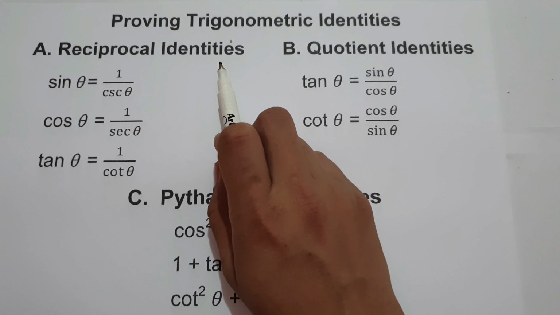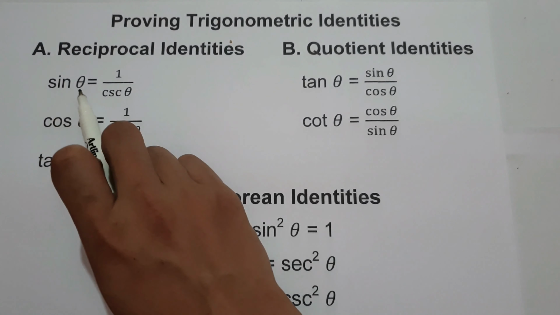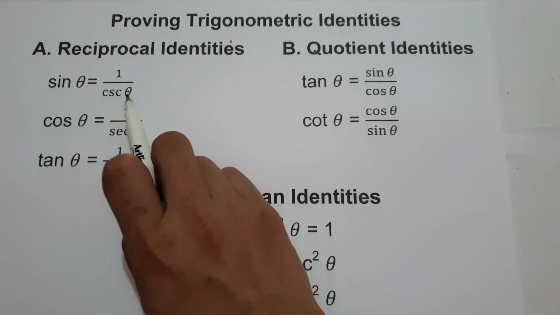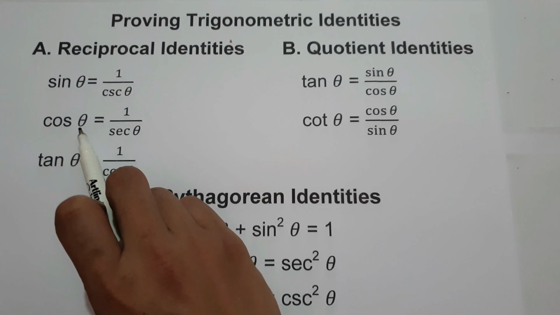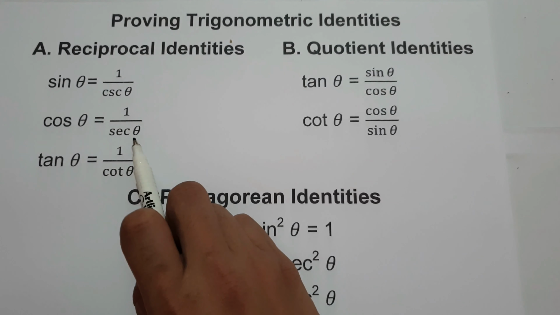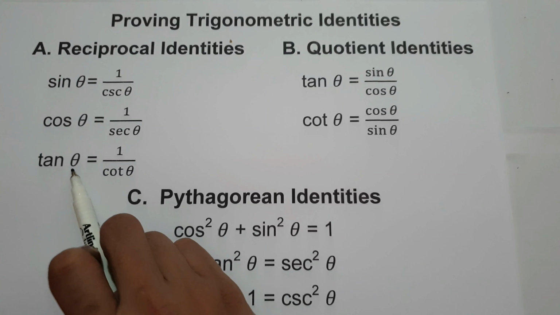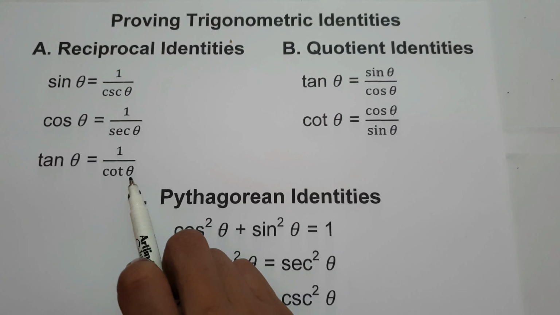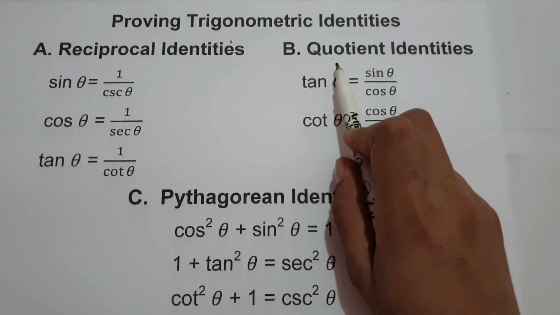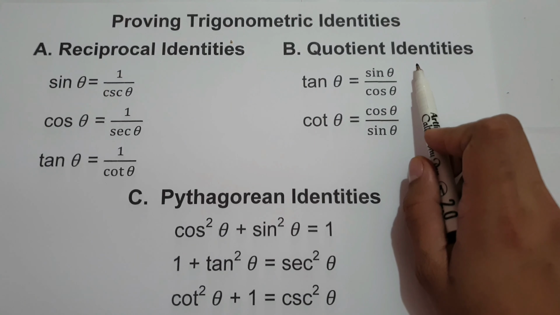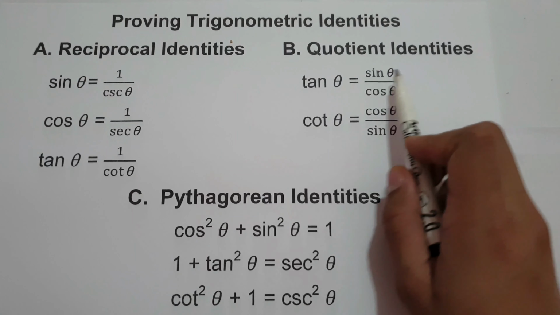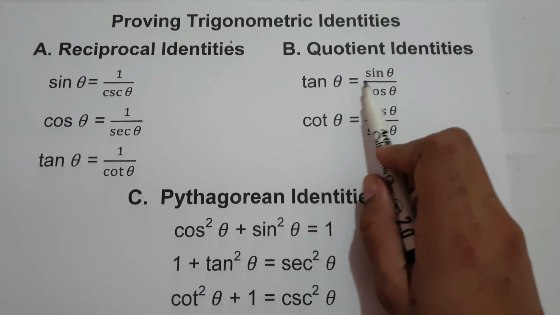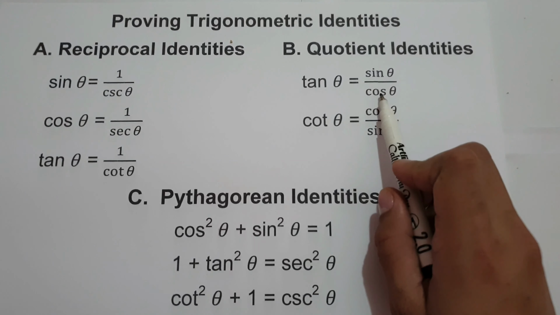In reciprocal identities, we have sine theta is equal to 1 over cosecant theta, cosine theta is equal to 1 over secant theta, and tangent theta is equal to 1 over cotangent theta. The second one is the quotient identities. In quotient identities, we have tangent theta is equal to sine theta over cosine theta, cotangent theta is equal to